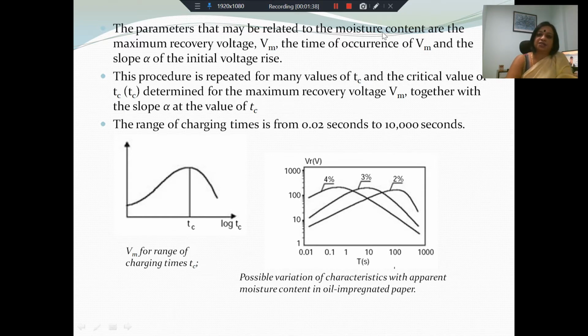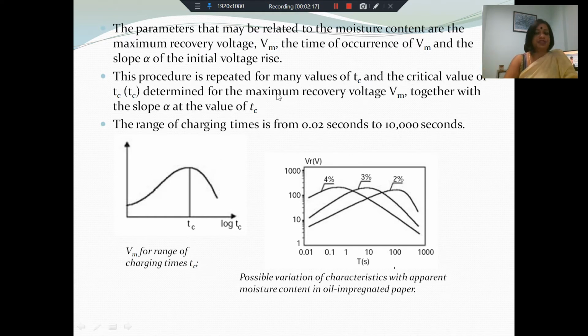The parameters that are dependent on the moisture content are the maximum recovery voltage. So if this is the recovery voltage that is measured after time Tc by 2, what is the maximum peak value of the recovery voltage, or what is the maximum voltage Vm that is observed, and what is the time of occurrence of Vm? So the time to Vm is important, and the slope alpha of the initial voltage rise. So these are the three parameters which are of significance in comparing the moisture content or similar degradation in various